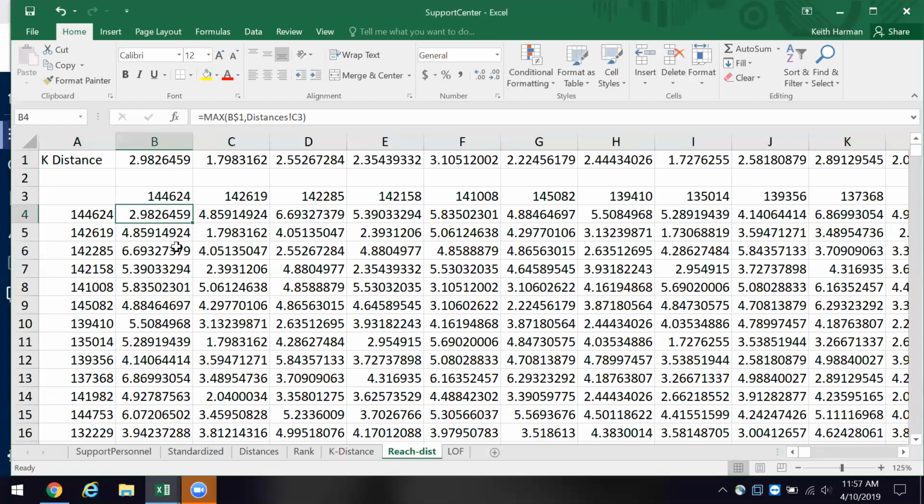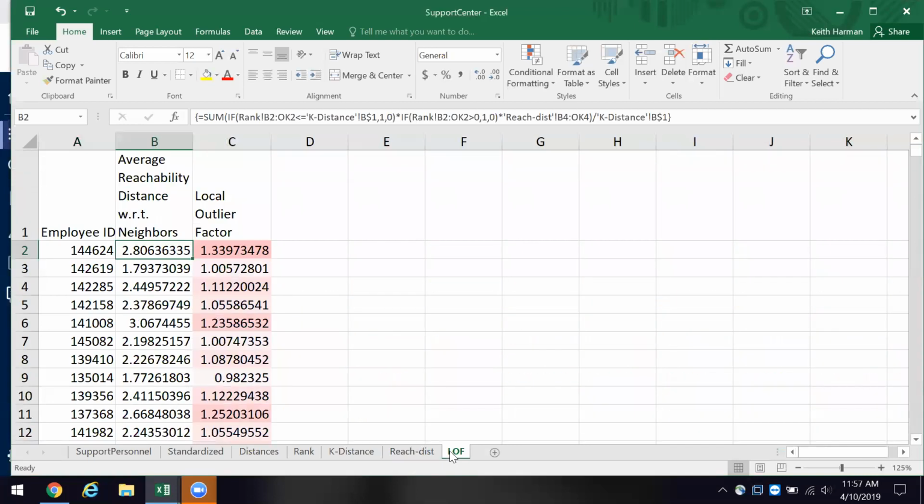And this is where he gets over into this final tab where we do a ratio, and you'll see it here. And he talks about that over on pages 356 and 357. And he uses conditional formatting again, and gradient conditional formatting. And we're using ratios of that employee's average reachability, okay?